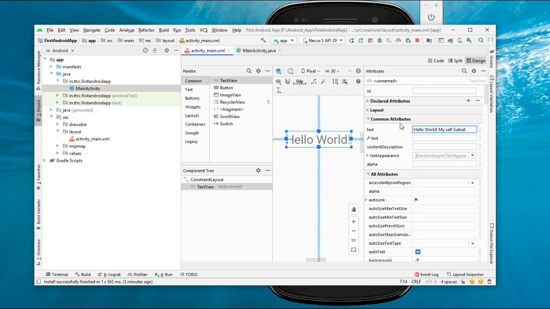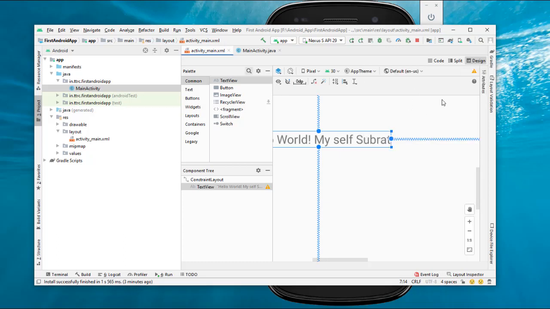So what I did, I clicked on hello world, then from the property window I changed the text to hello world myself Subrat. If in your case it is not visible, then see here on the right hand side, attributes.